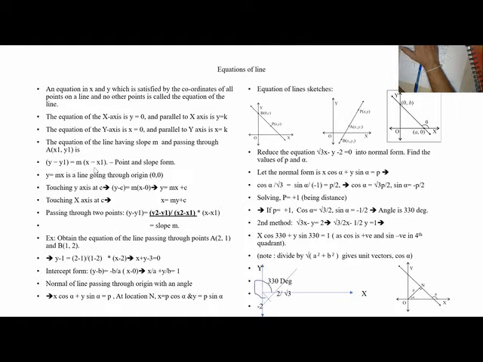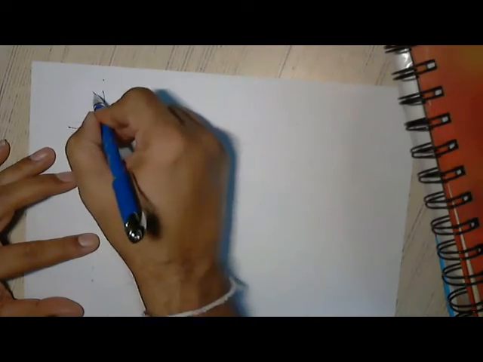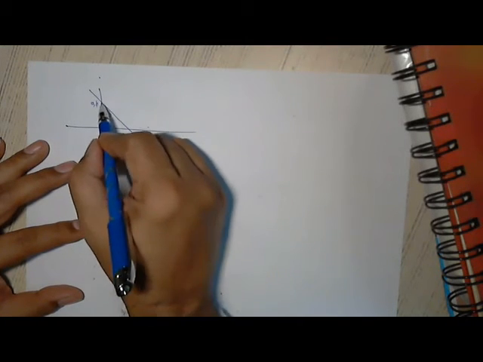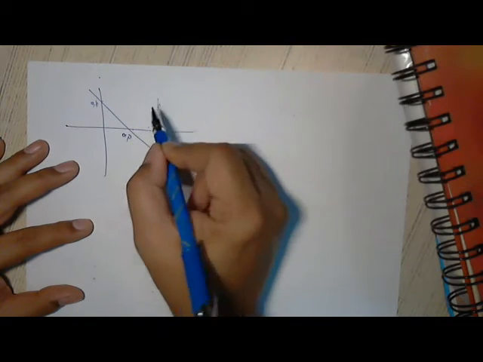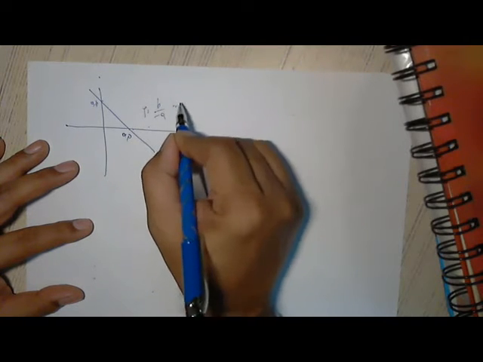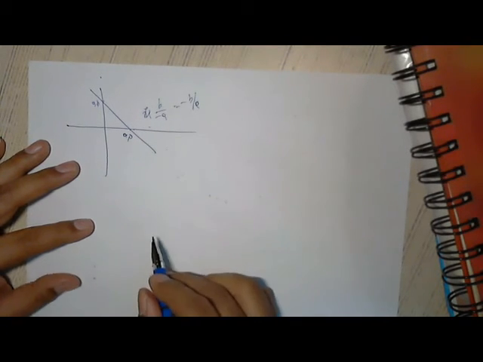Everything is coming from this equation. We have one point here. One point is 0, b, or it can be a, 0 also. Let us understand this point. This is a, 0. This is 0, b. What is the slope here? y2 minus y1, b minus 0 is b. x2 minus x1, 0 minus a is minus a. So slope is equal to minus b by a.